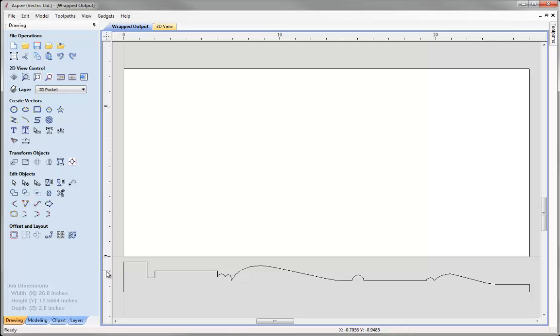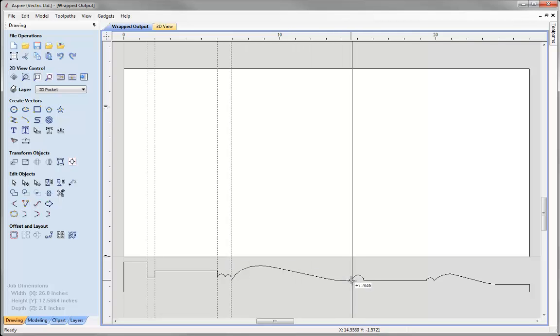So I'm going to start with some vertical guidelines. So I'm going to click on the rule over on the left here, drag off, and I'm just going to make sure that I snap to that point on the geometry there. Then we let go and we've created a guideline. Now to create a copy of the guideline, I can just hold the control key down, click and drag, and snap to the point there. I'm going to click and drag and snap to the point here,